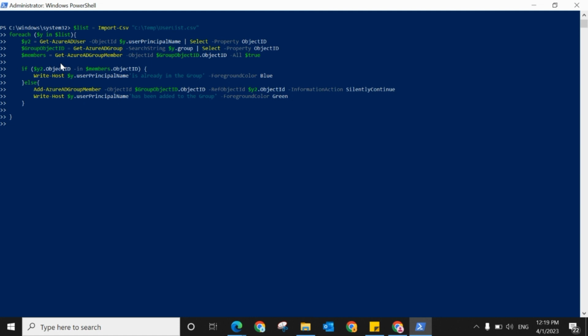Let me explain how this script will work, and I will give the script in the description so you can use it from there. Here I use the variable list. In this variable, I'm saving my CSV file where I have provided all the data with the user principal names and groups. After that, I use the for each loop. For each y, y is again a variable to save the data from this list. So for each y in the list,